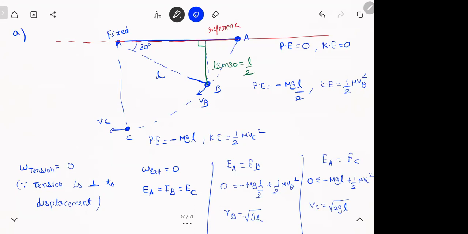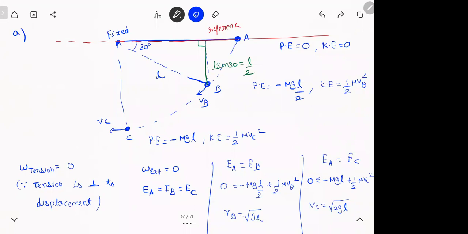Check it out. End of the day, we didn't do anything hi-fi here. The only thing we need to figure out is the height it has fallen. We are not interested in the distance or displacements. How much did it fall vertically? It fell L sine theta. How much did it fall vertically? L. So you could have written simply loss in potential energy and gain in kinetic energy also. That would have still worked. The important thing is that what you're interested in is how much depth it is falling down. You're not interested in how it is actually going. That is the whole advantage of potential energy. Put it down. That is the first part, the speeds.